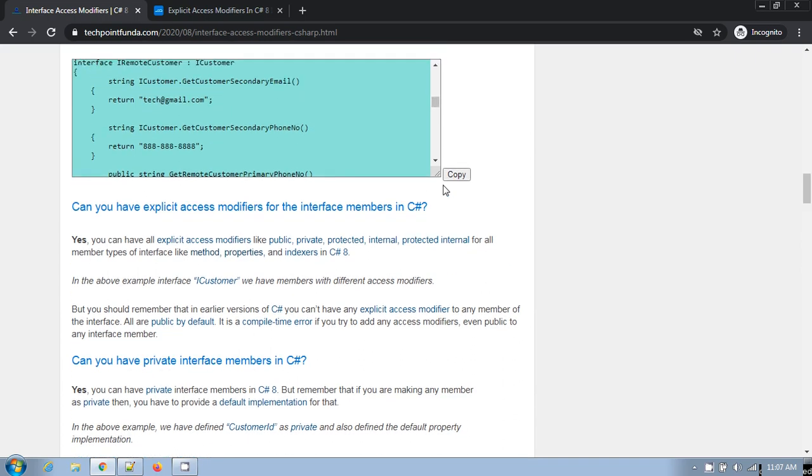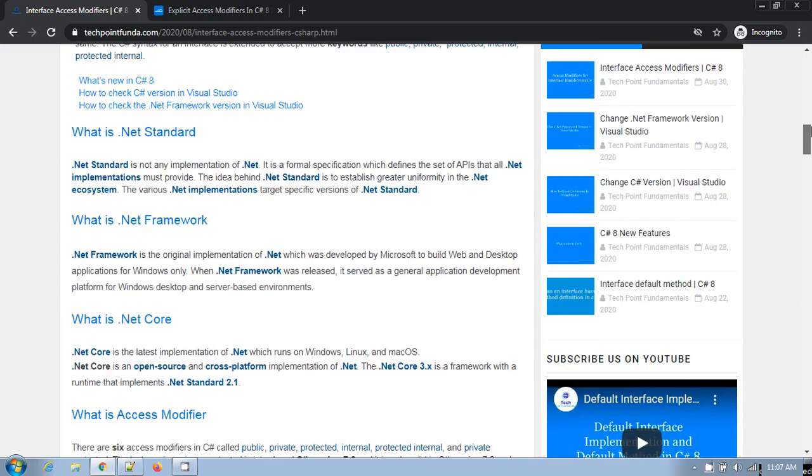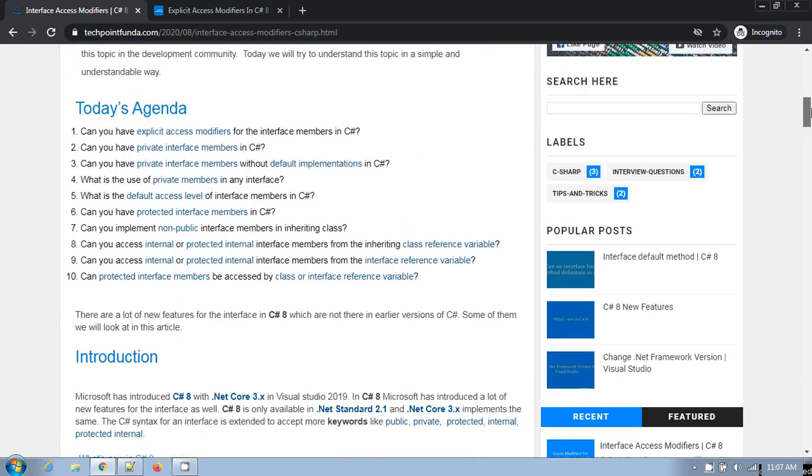So to understand all the topics properly, we can just move to the practical demo for these explicit access modifiers, right? So the question number one, where can you have explicit access modifier for the interface member in C Sharp? Yes, you can have explicit access modifiers, as we have seen here.